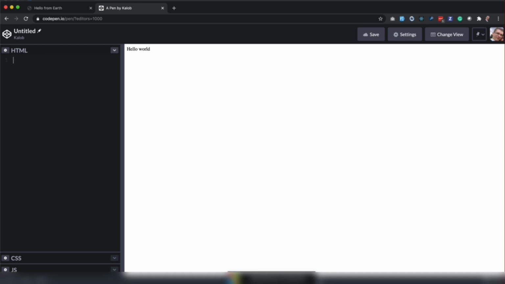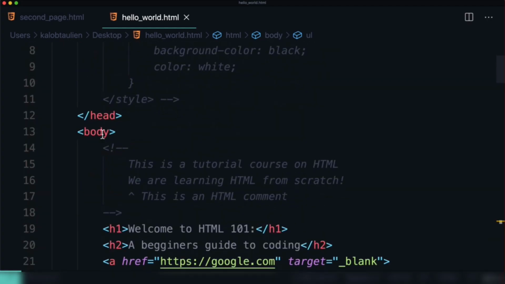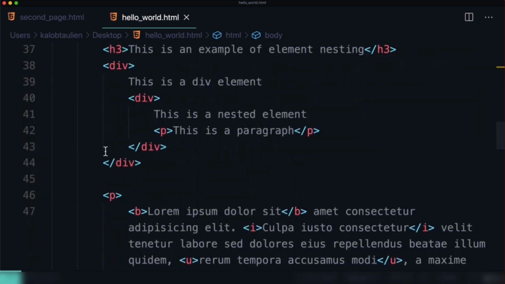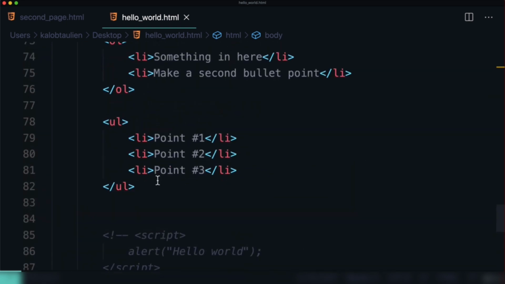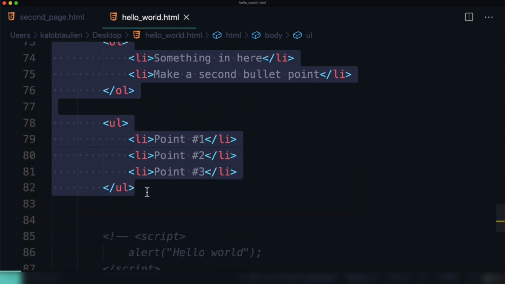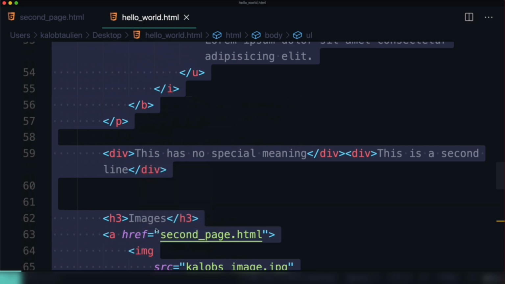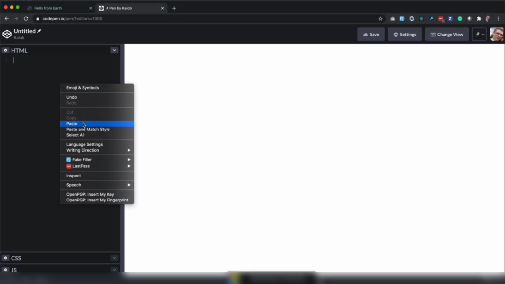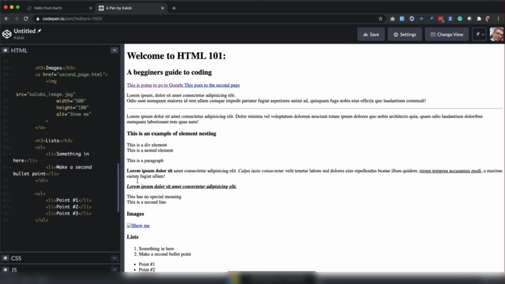Now, the thing is, you do not need your doc type. You do not need HTML. You do not need body. You don't need those tags. What you do need is everything between the body tag all the way down to the closing body tag, right there. So we can now copy, right click, paste, and this isn't necessarily going to show my images because, well, I'm saying, hey, CodePen, look for